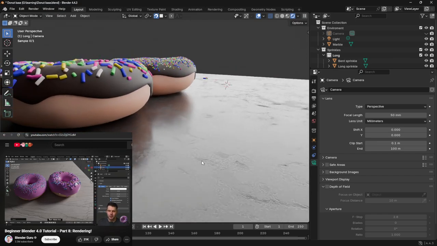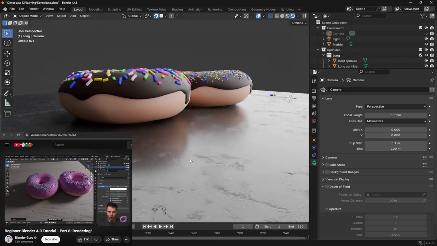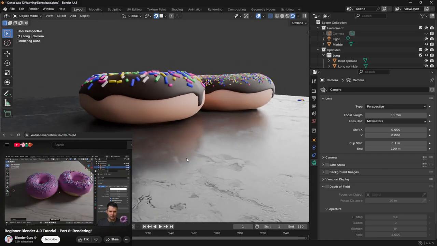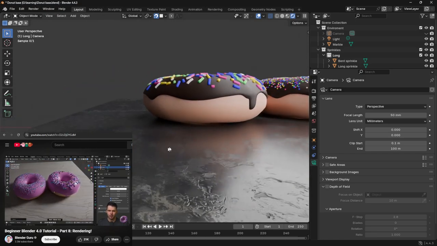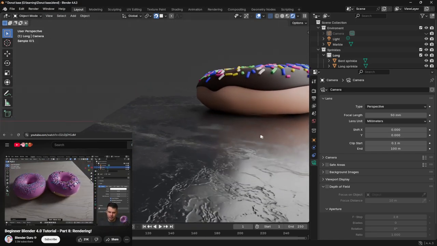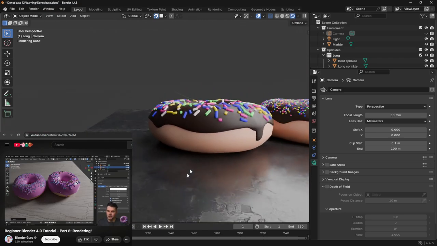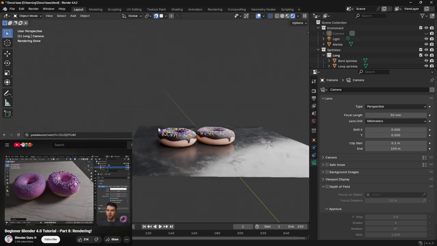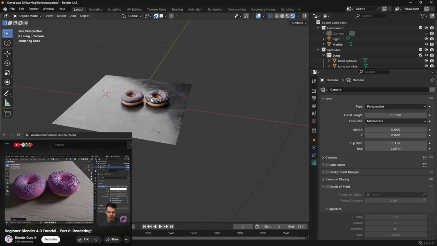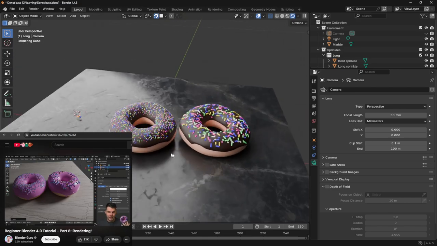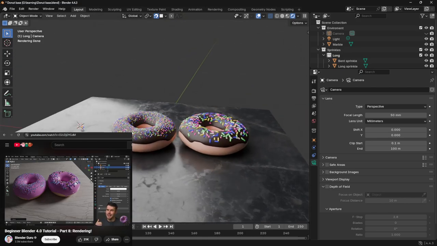Now, one thing you might notice looking at your donut, and they're going to make one big tweak to this, is that it kind of feels hard. The donut doesn't give this kind of soft feeling to it. And the reason for that is the material. By default, all materials are kind of hard materials, but fleshy objects like humans as well as